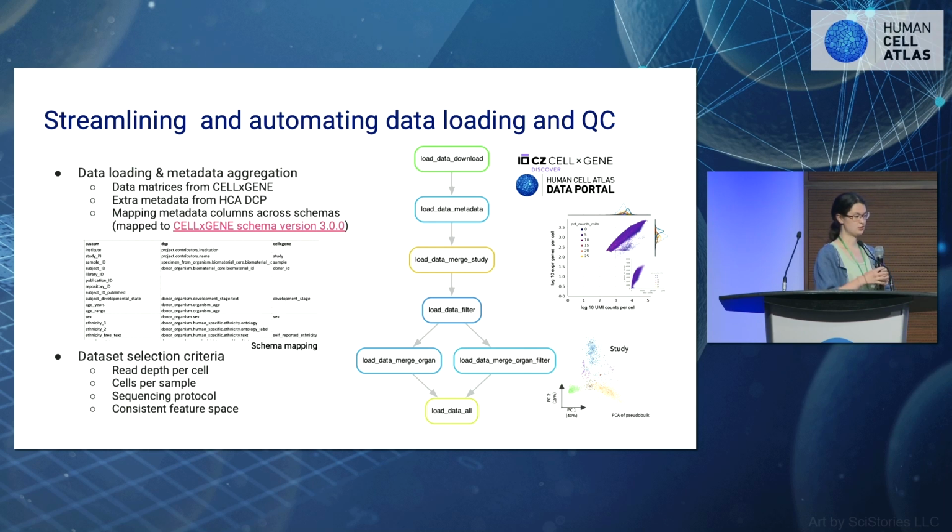We relied to some degree on the CellxGENE data because of the nicely curated schema. But we also allow for mapping multiple different schemas to that, so that if there are data sets that are not a part of the CellxGENE, we can use those data sets. Using this module, we can enforce different data selection criteria to decide whether there are data sets that we want to keep or remove. So that's one of the bigger uses